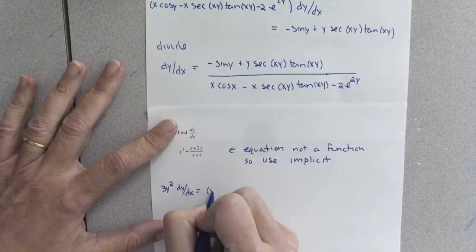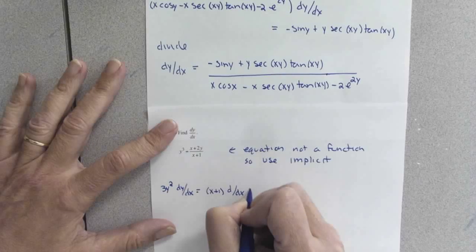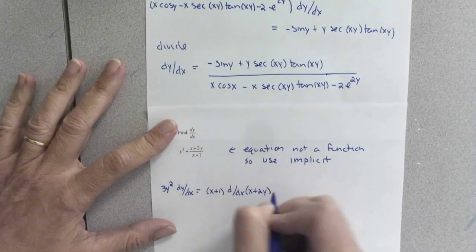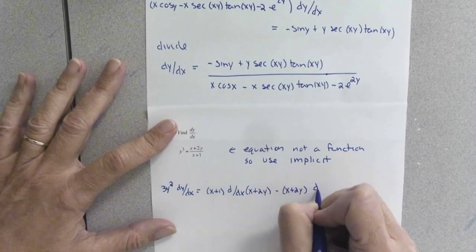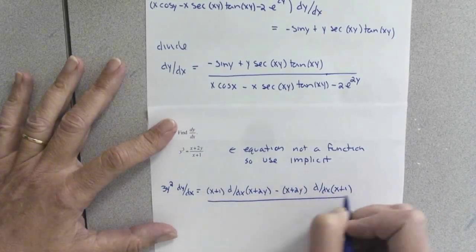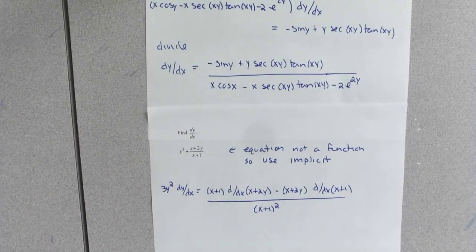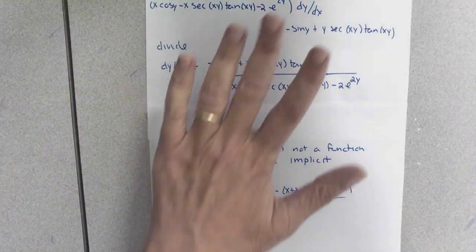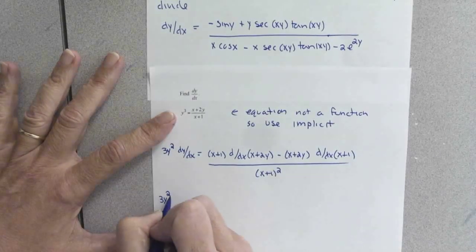Quotient rule. Plain denominator, derivative of the numerator, minus plain numerator, derivative of the denominator, all over the plain denominator squared. Now you certainly don't have to show that step, but it is a quotient rule problem, so that's where I started. Now doing those actual derivatives in there,